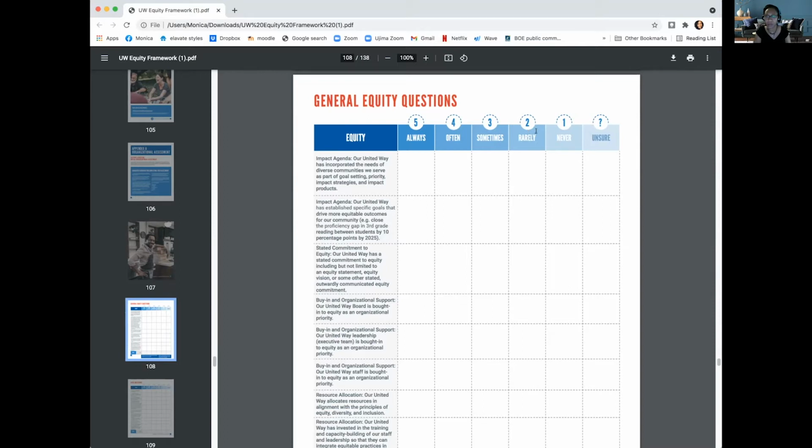We might not have done anything to move the needle, so you would assign the number 1, and that would be your perception. Someone else might see that there are efforts being put in place to address reading proficiency, and they might assign the number 4. So that's how this particular form would work.